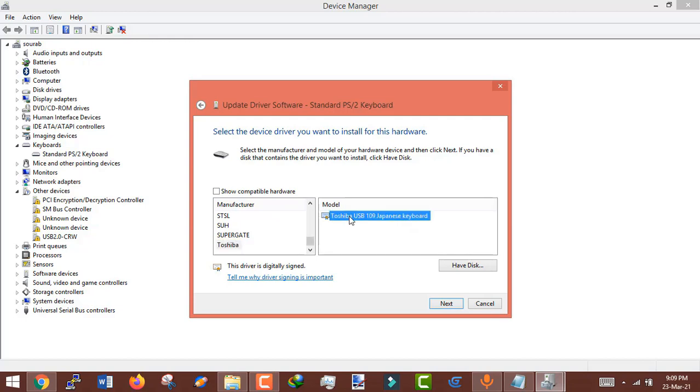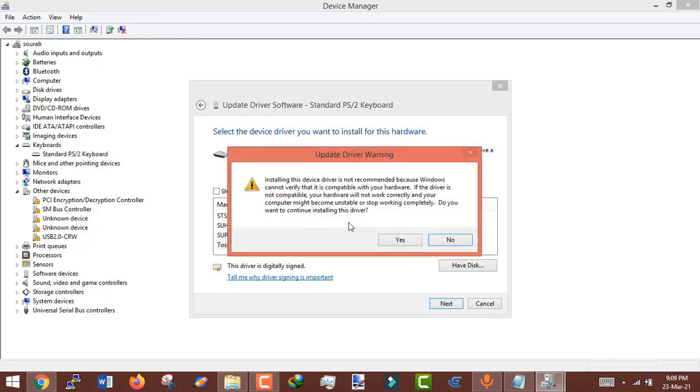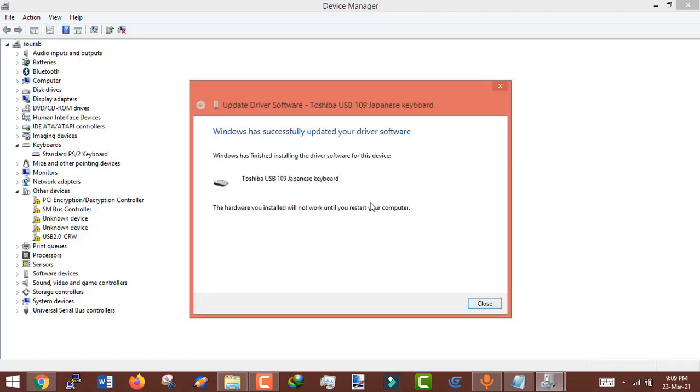So I just install it. Yes, you need to install it, and you need to restart the computer. When you restart the computer, your mouse and keyboard will be disabled. That's why I'm telling you that for doing this process you need an extra keyboard and mouse. I'm going to explain it after I restart my computer.